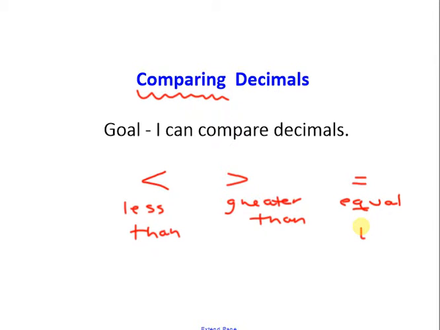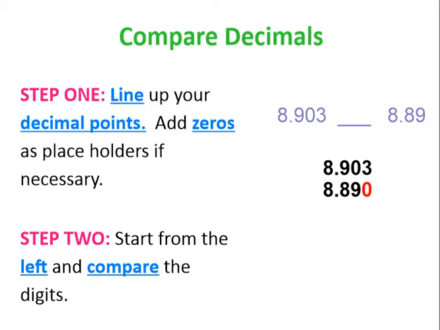Now there are actually other compare signs that we'll get to later on in the school year, but these are the three that we are going to continue to use right now. Okay? All right, so let's go ahead and get started. So how do you compare decimals? There are 3 steps. So step 1 is you're going to take the 2 decimals in the problem,